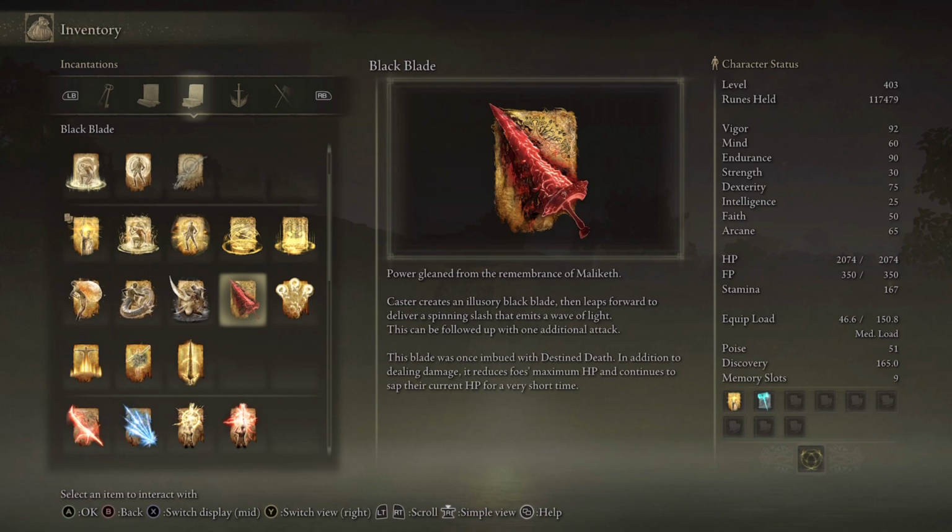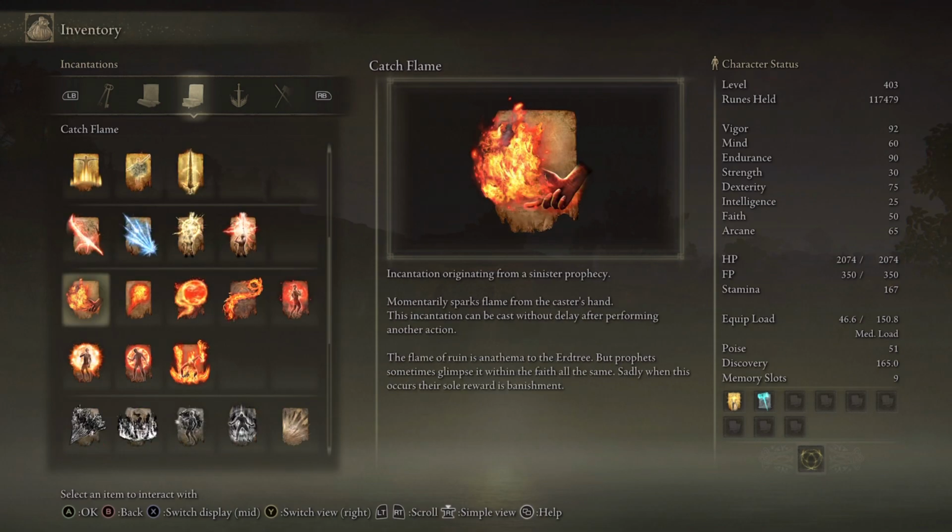Next up, we have the Invisible Black Blade. So you're going to need the Black Blade incantation, and then you're also going to need